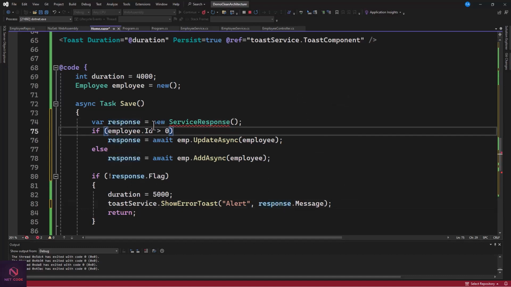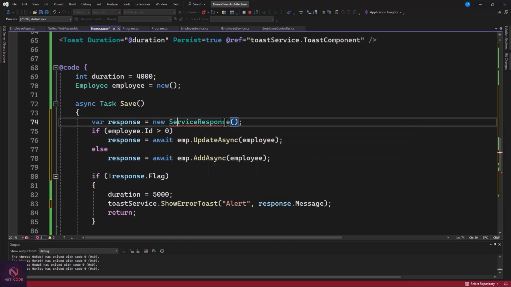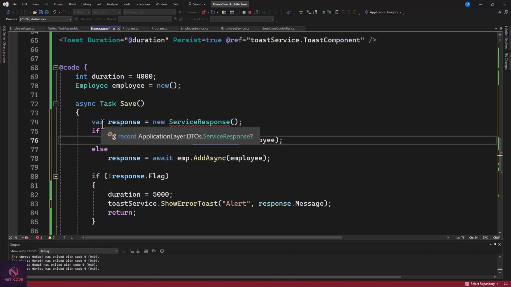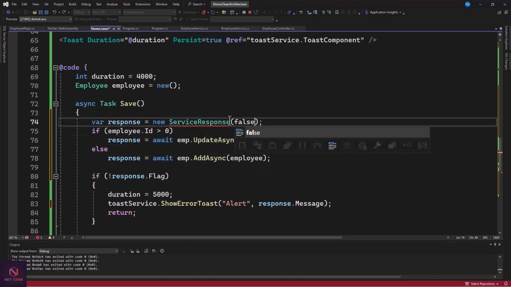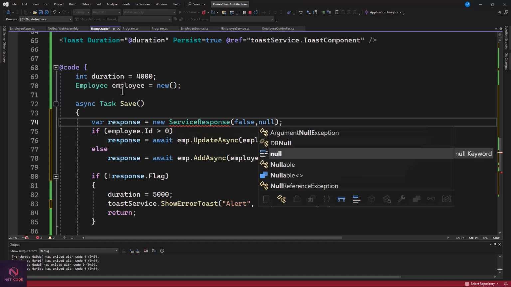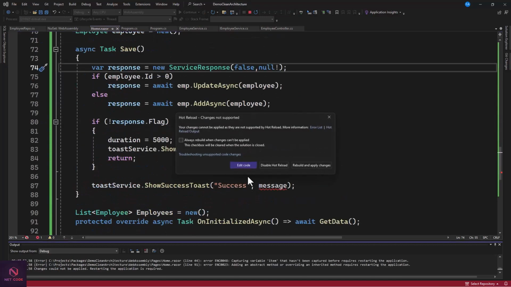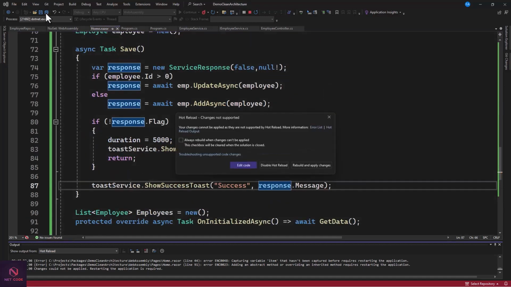We're checking new ServiceResponse, and since this is a record class, we cannot instantiate it like this. So what can we do? Maybe we can pass in something like false by default, and the message is null. You can pass in like this. Let's save this. Now response.Message here must work. Response.Message. So now let's run this